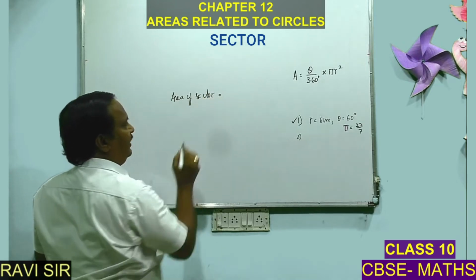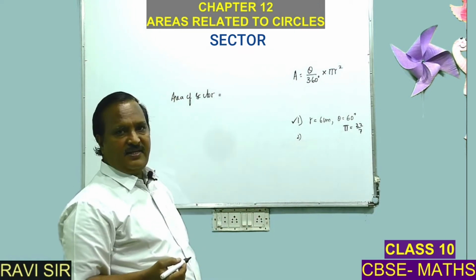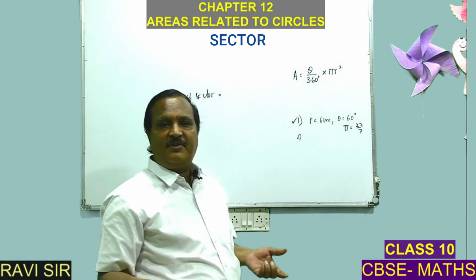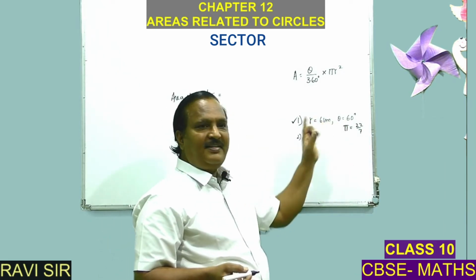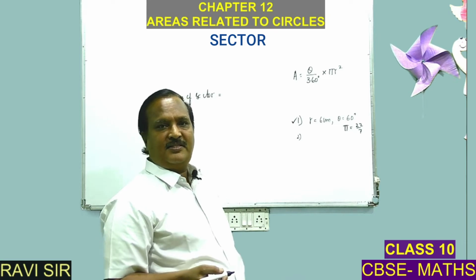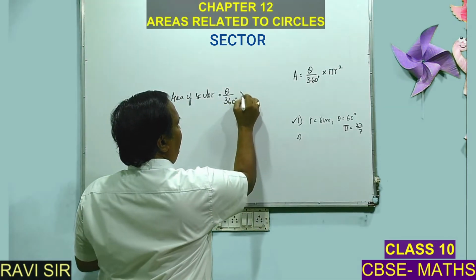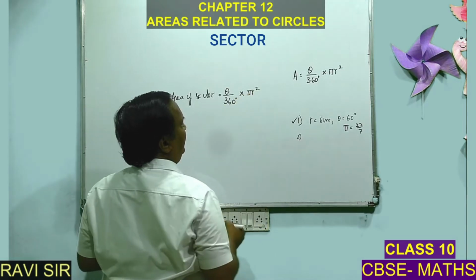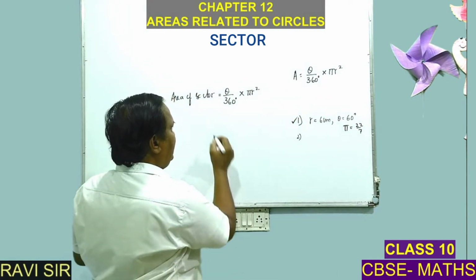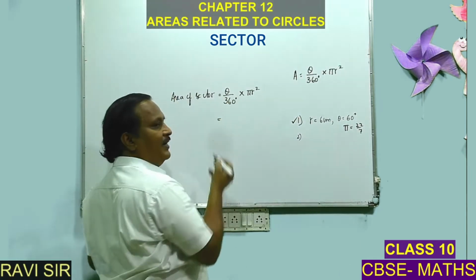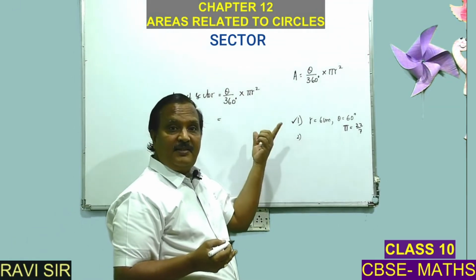Area of the sector, write completely. Some people will write simply area. Area of what? It should be specifically mentioned. Area of the sector is equal to. Some people, without writing the formula, directly put the values. The formula will be there in the mind, but they will write the values and directly do the next step. No, you should write the formula, theta by 360 into pi r square, right? Actually, r no need to indicate. If you indicate what is r, that is also very good. This is the formula. It will have a mark. If you don't write the formula, you may be missing a mark.